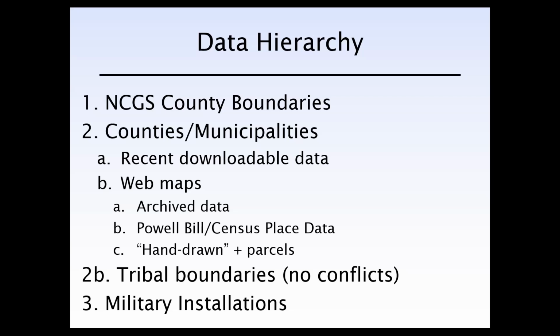So I would edit the existing feature to match that using the tools in ArcGIS Pro and the parcel boundaries or other guides. Now, cities and towns were considered superior to ETJs. If a town overlapped an ETJ, then the ETJ was clipped so that the town took precedence. So in any conflict between a town and an ETJ, the town was considered superior.